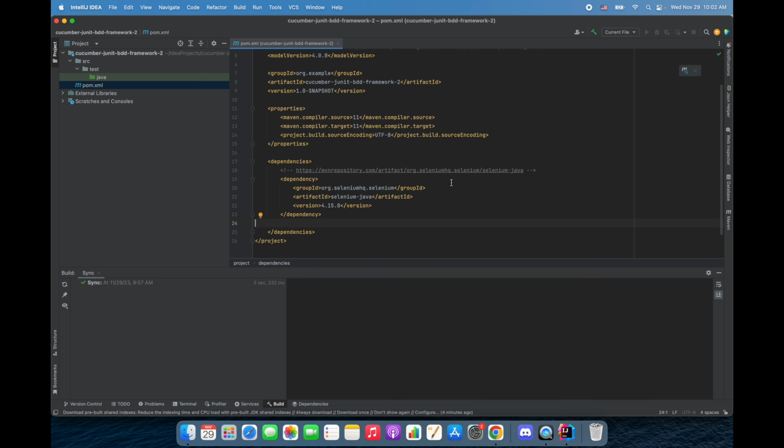After you paste or change the version of dependencies, you have this button that appears, right? Load Maven changes. So every time you change something here, you need to click. But let's add all the dependencies and then refresh the Maven. So okay, we added Selenium Java. Then the next